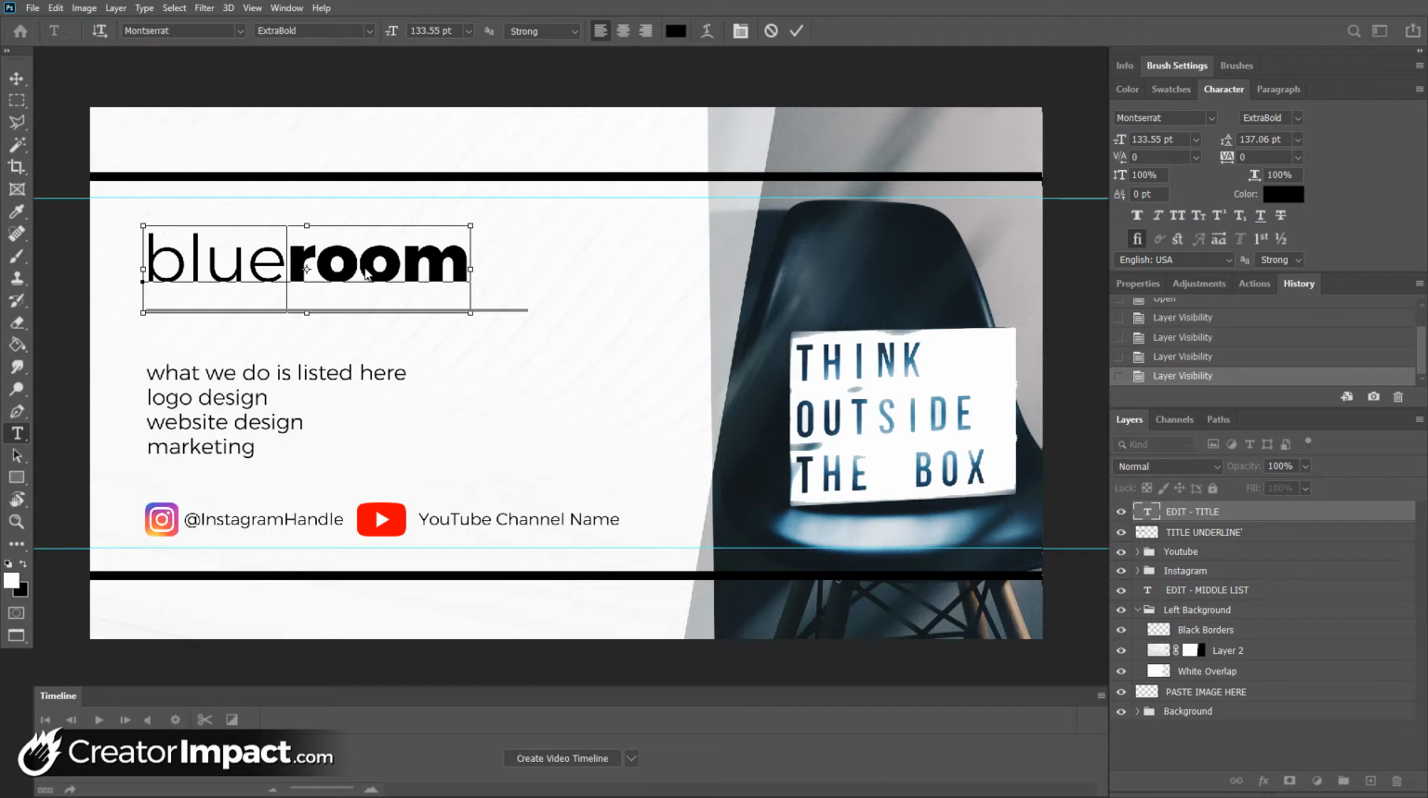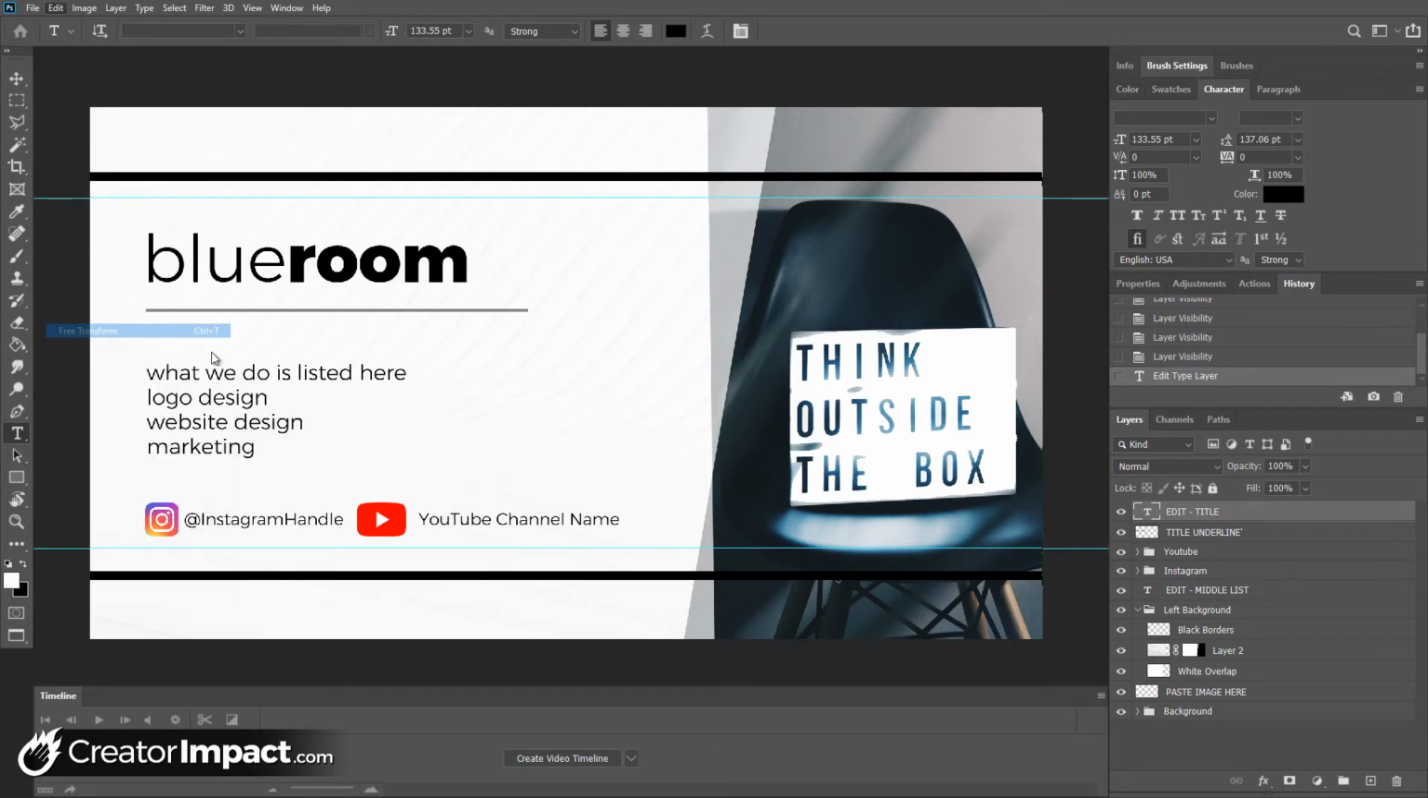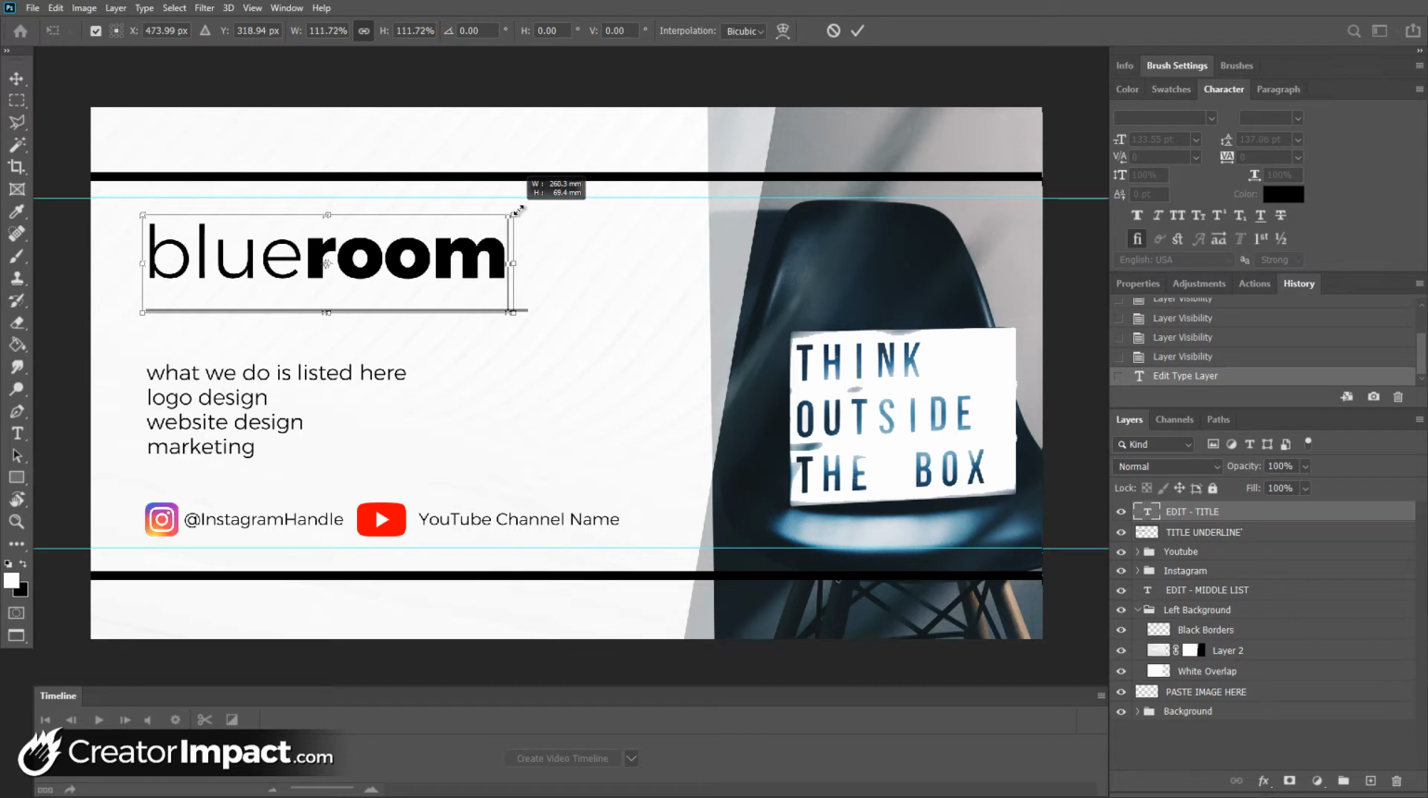And I'm going to hit Control Enter. And they've changed the name of my page. And what I'm also going to do is I'm going to edit, free transform, and I'm going to change the size of this text. Now, if it starts to warp a little like this,